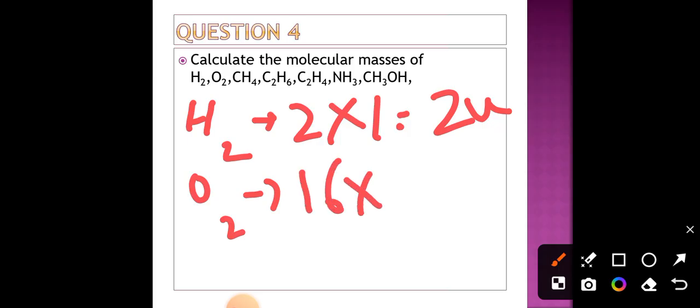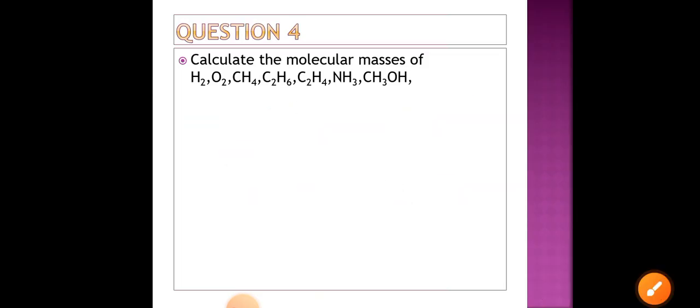16. And how many atoms are there? 2. So 16 twos are 32. 32 U is the molecular mass of oxygen. Right? Now, similarly, we have